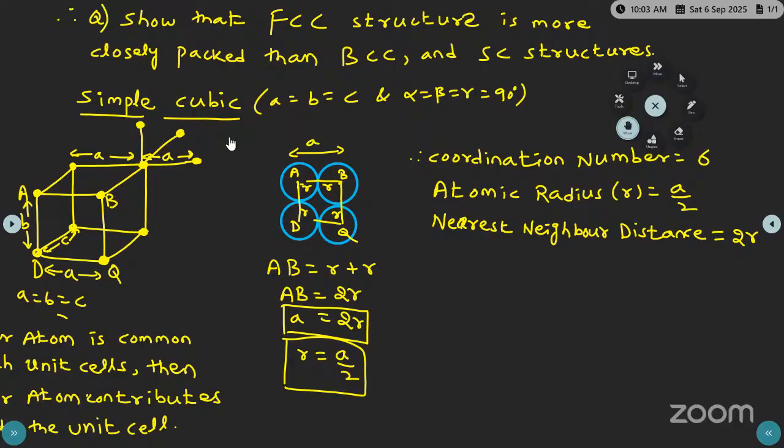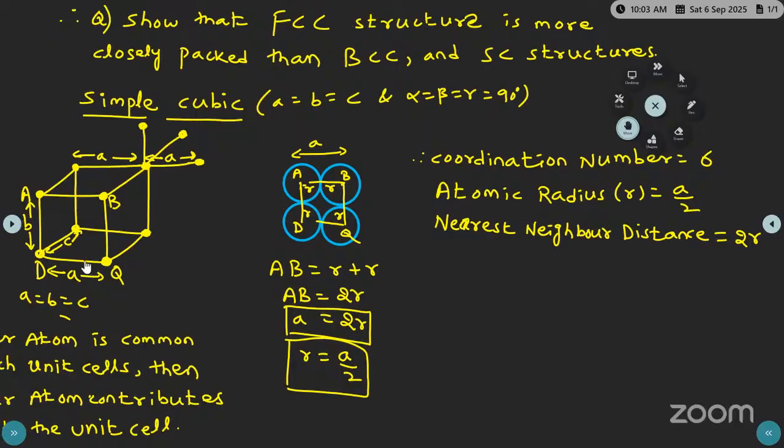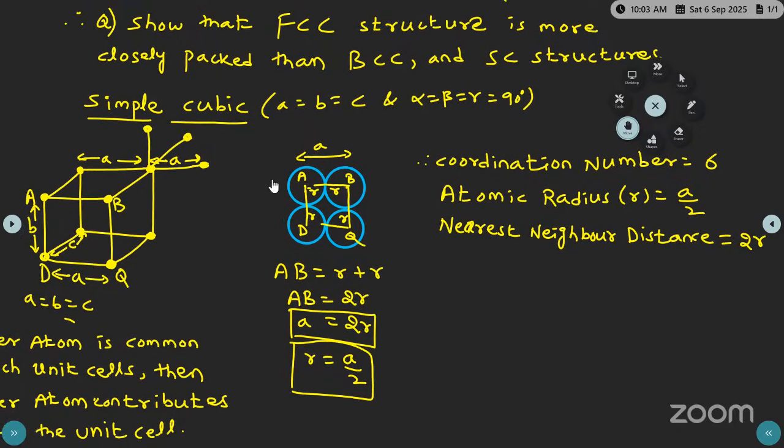Consider any one edge, right? See here, yesterday we considered like this. Let's consider 2 atoms along one edge AB. As the atoms are in contact like this, and as the atom shape is spherical, its atomic radius we have considered as r, small r, and from here to here is again the atomic radius. So the edge length AB is equal to r plus r, that is 2r,